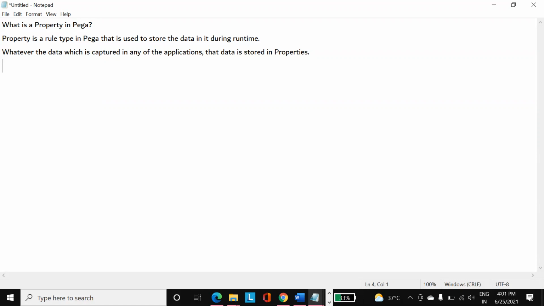There will be a table and class mapping. The properties which we create in Pega are mapped with the columns in the database table. That means the Pega application has connectivity with the database tables, to store the data and also to retrieve the data. So that is about the property. We have a lot of property types. First, the major segregation could be single value properties.